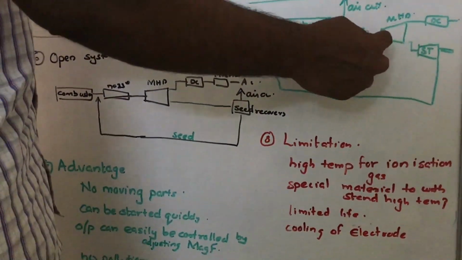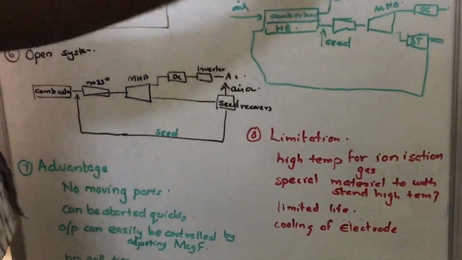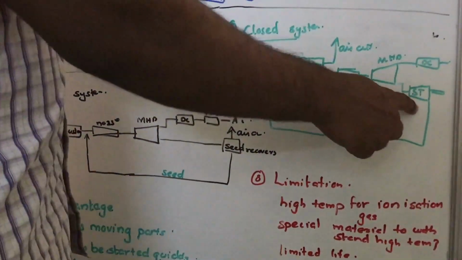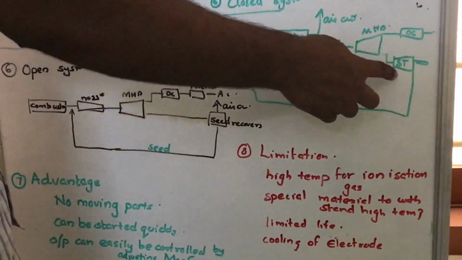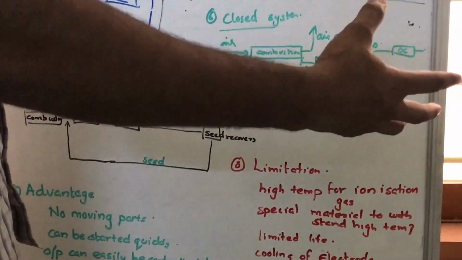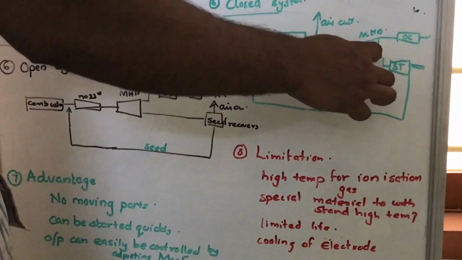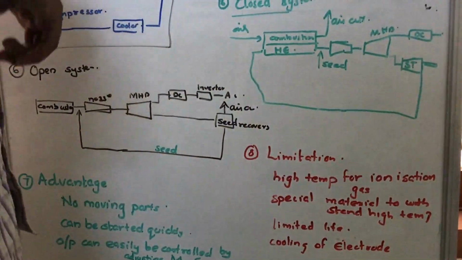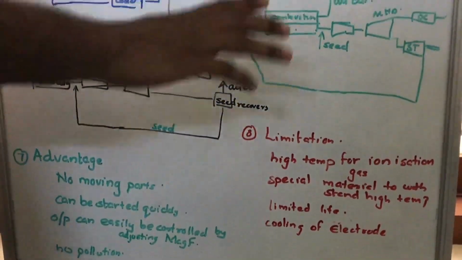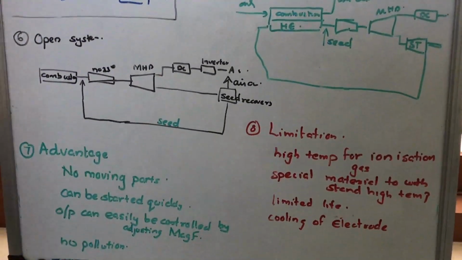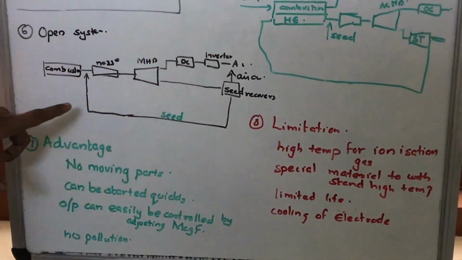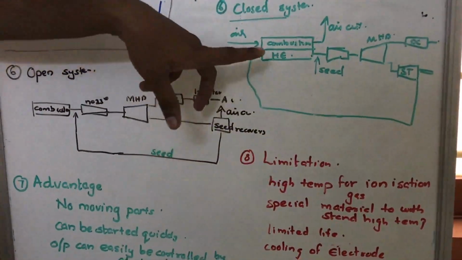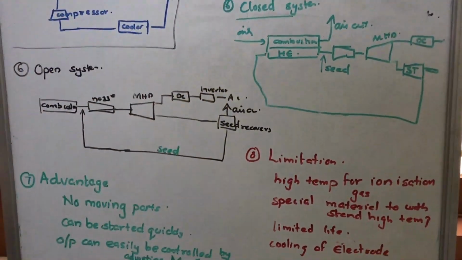After the MHD generator, the argon coming out will still have some energy. If we want, we can use a steam turbine to produce some energy, or use a heat exchanger. Or else we take it back. We pass it through a cooler, then through a compressor, as we are seeing here, and it is supplied back to the heat exchanger. This is what we call a closed system. Here also we are supplying back, but not the air. We are supplying back the entire conducting fluid. So we call it a closed system.